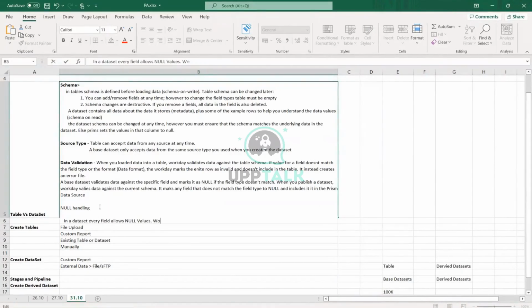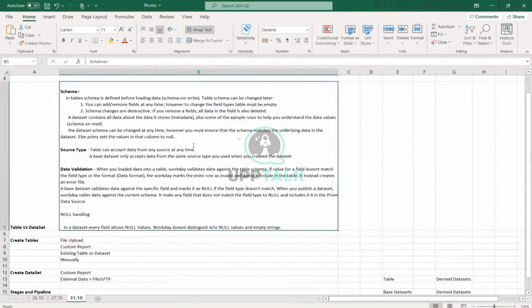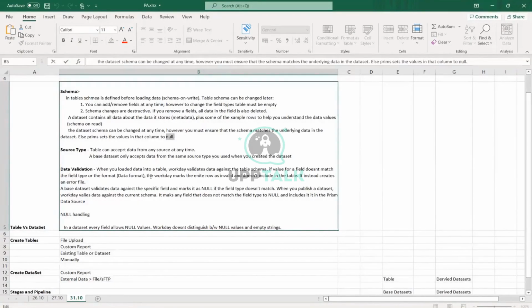What do I mean by that? Workday basically doesn't distinguish between null and string. Basically, there is no difference between a string and a null. If we talk about it, we discussed that if there is a mismatch, that value is marked as